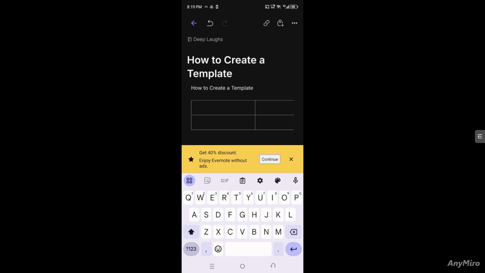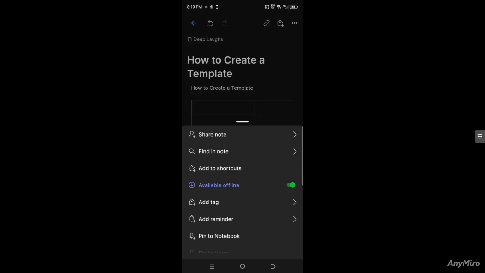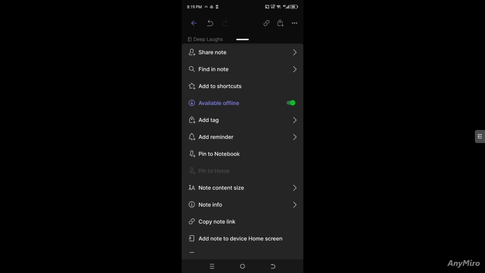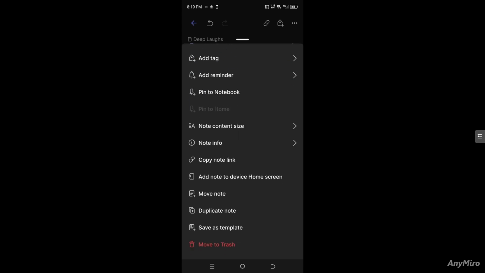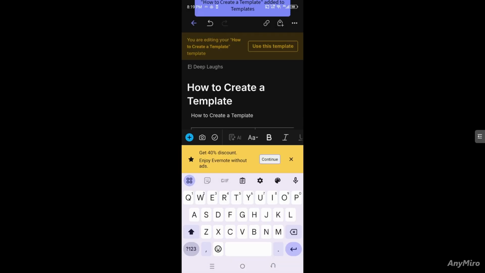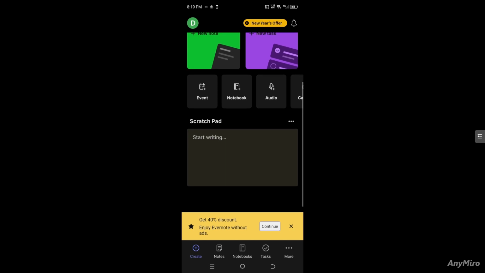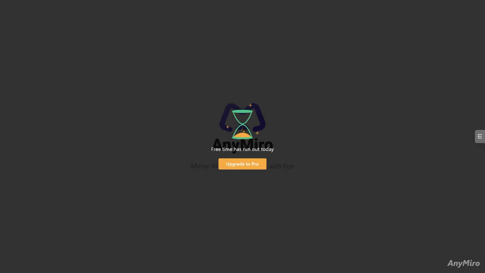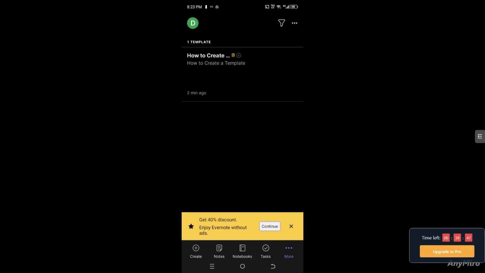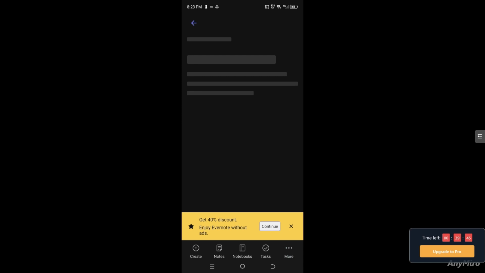For you to be able to save this as a template, click the three dots icon on the top right corner. All right, now hover down to the very bottom where it says save as template. It's very easy. Now, when you hover to the template section, all right, you go here in the more options, click the templates. Now, if you go to the template section, if you click that, what will happen is